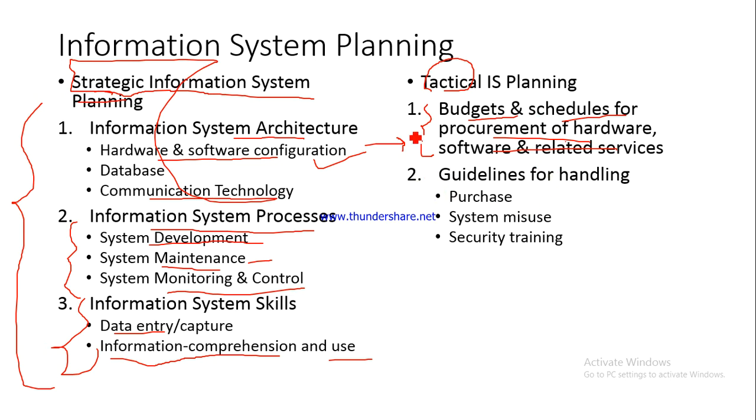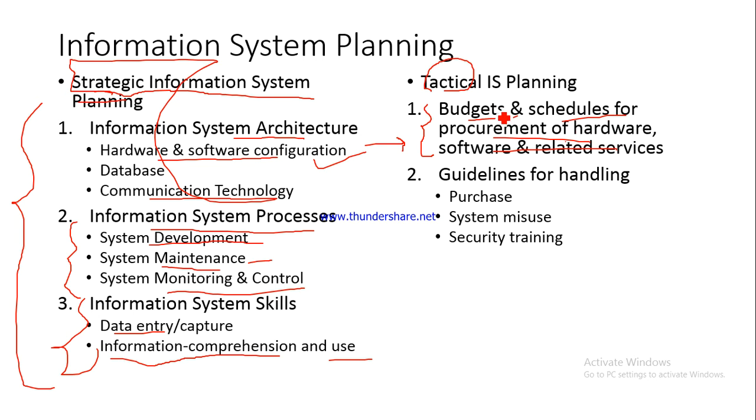And then since we have decided what all hardware and software to purchase and when to purchase, you are not going to purchase all the hardware right in the beginning, because slowly and slowly, once the information system is installed, it would be ramped up. More and more functions in the organization will be brought under this information system, and then you would require more of this hardware. So you are not going to purchase all the hardware right in the beginning. You would keep on purchasing it every few months or maybe every few years,